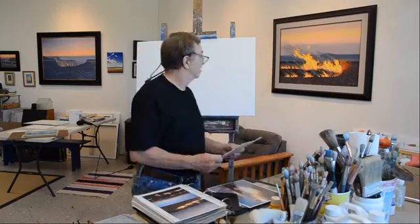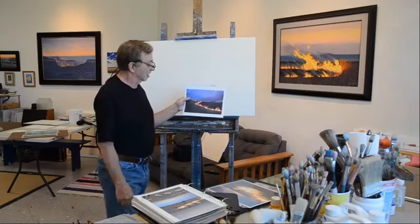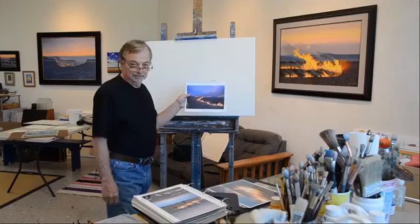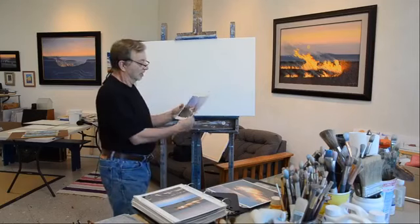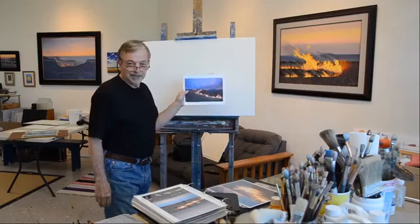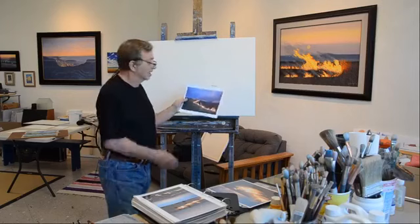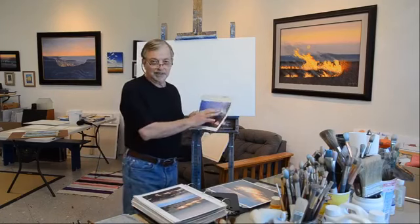Once I've gone through my reference photographs and I found an image that I would like to translate into a painting, I select the size of the canvas that fits basically the photograph that I'm looking to paint. This is a 24 by 36 canvas, which fits the horizontal format of this photograph that I've chosen to paint for my demonstration. So let's move on to the next phase, which will be transferring this image